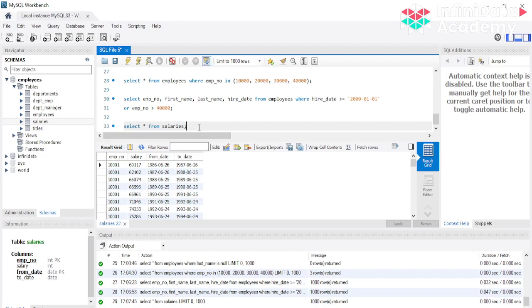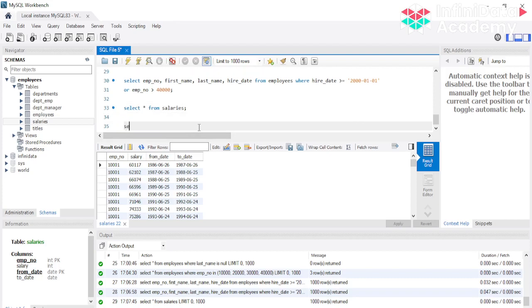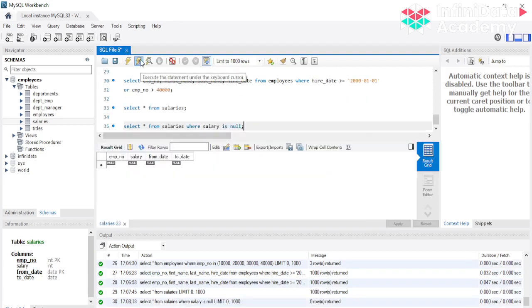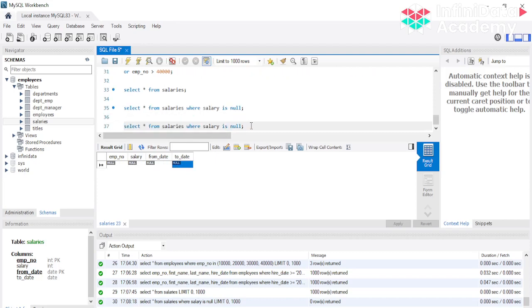And so इसमें you can check. Firstly, I'm just taking this where from salaries. इस case में where salary is null, just to check किसी भी employee की salary detail है if it's missing or not. So basically there is no row जिसमें salary की value null है. Right? So why we have done this check? Just to see कि कोई भी employee की salary detail missing तो नहीं है.